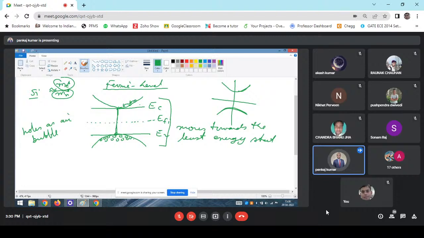Therefore, suppose here is an electron, it will go down. Again, it will go down. So all the electrons will come down, and holes, the vacancy of electron, will be at the top. So holes are at the topmost of your valence band, and in midway we define the Fermi level. Now, once we dope these semiconductors, right? Then what happens? After doping,